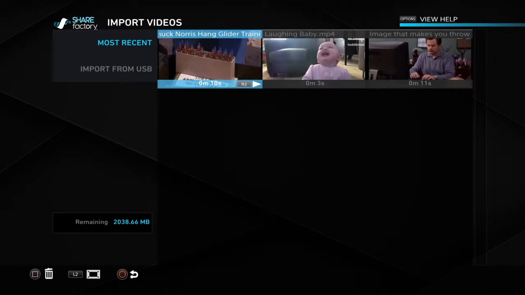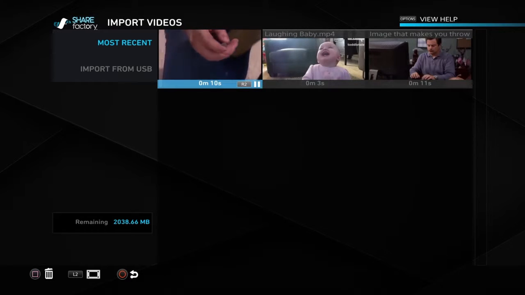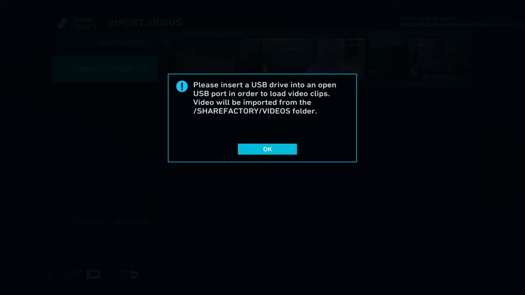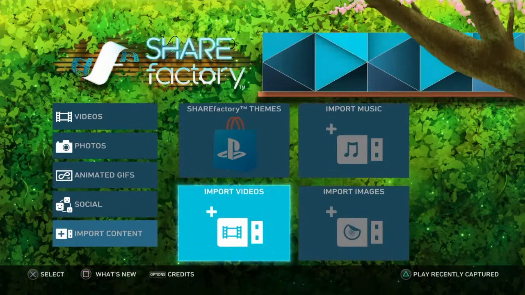And this, I use a part of this, but it's just Chuck Norris loading a bullet into a rifle. I use this for sniper clips if I get a really good snipe. And then he aims. And he's aiming at some dude hang gliding. I'm not sure if I cut that out. I did! Oh, awesome! So, yeah. These are the videos that I have, but I imported them from the USB. You need to have a USB drive, of course. And you need a video that has SHAREfactory videos, yada, yada, yada. You know that. Unless you do now.